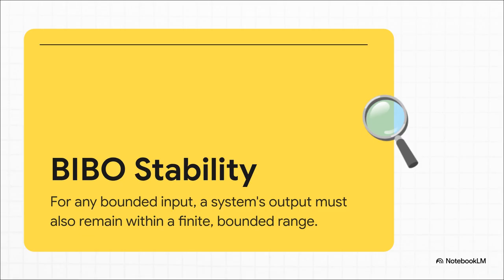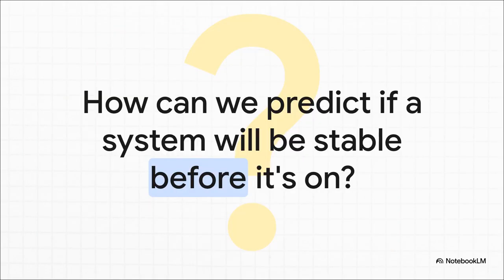You know, like a musician's voice goes in, the sound from the speaker comes out. If a system can't keep that promise, if any reasonable input can make the output just explode, well, that system is unstable. But that's the real challenge, isn't it? How can we tell if a system is going to go haywire before we even turn it on and ruin the show? To do that, we need a way to look under the hood, to really analyze a system's core